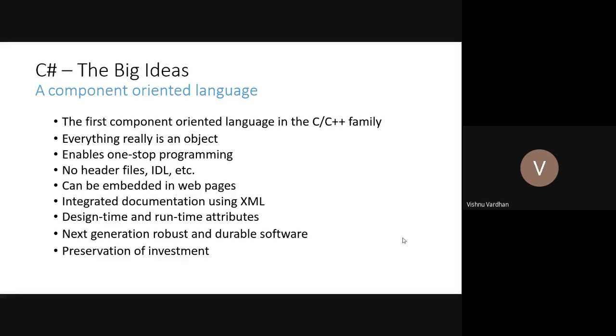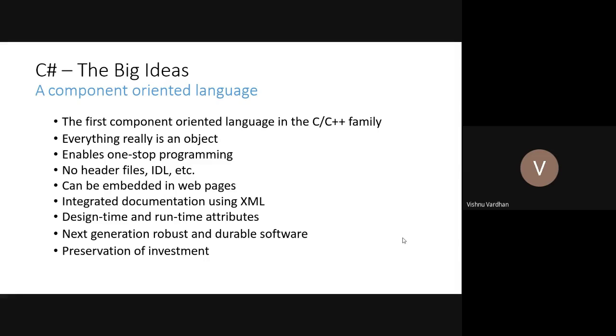Before C#, there was no particular language primarily targeting the components so that they could be used easily. That was the basic disadvantage. In its design goal itself, C# was meant to be a component-compatible language. They have given every kind of effort to provide that compatibility, and that's why this is the first component-oriented language in the C++ family, we can consider.